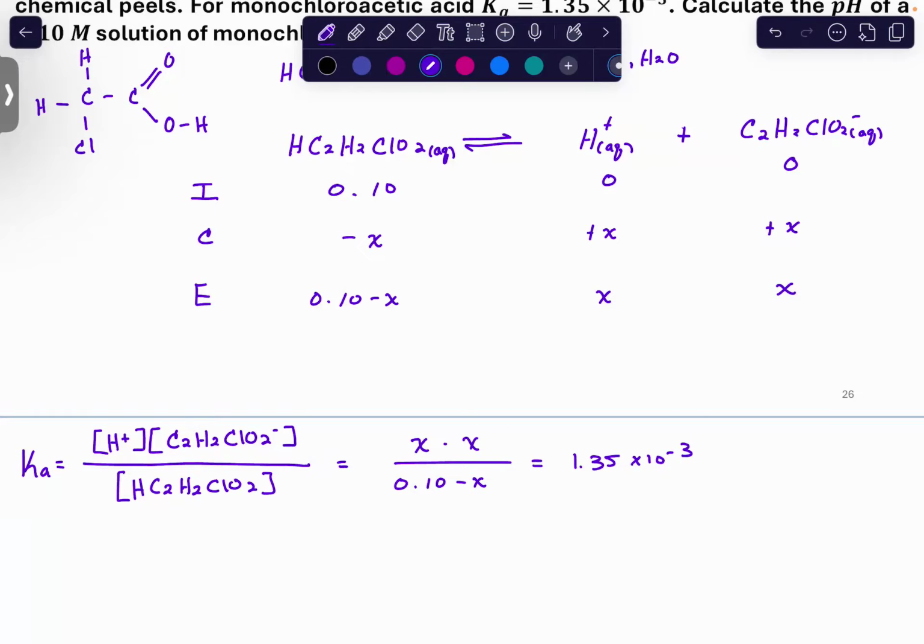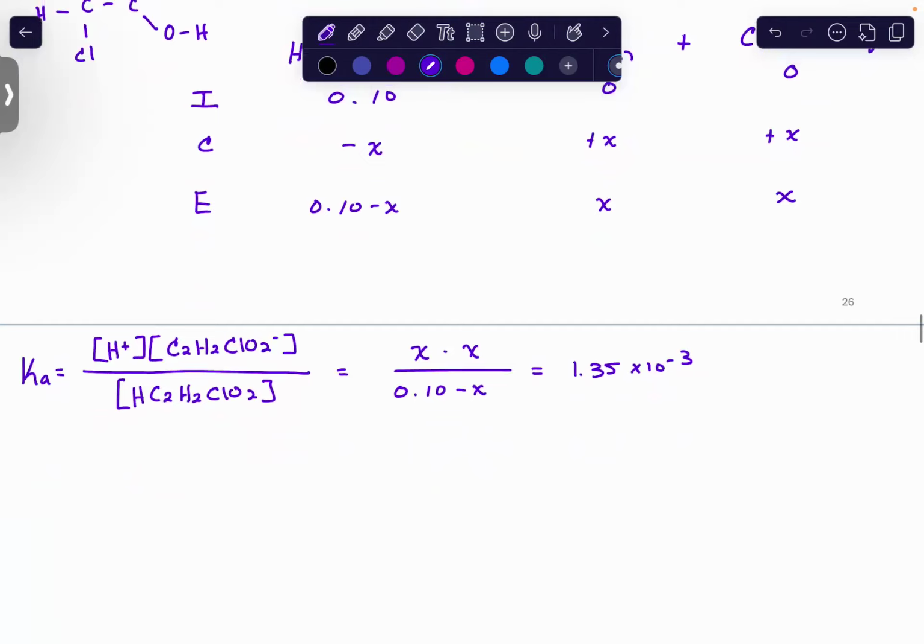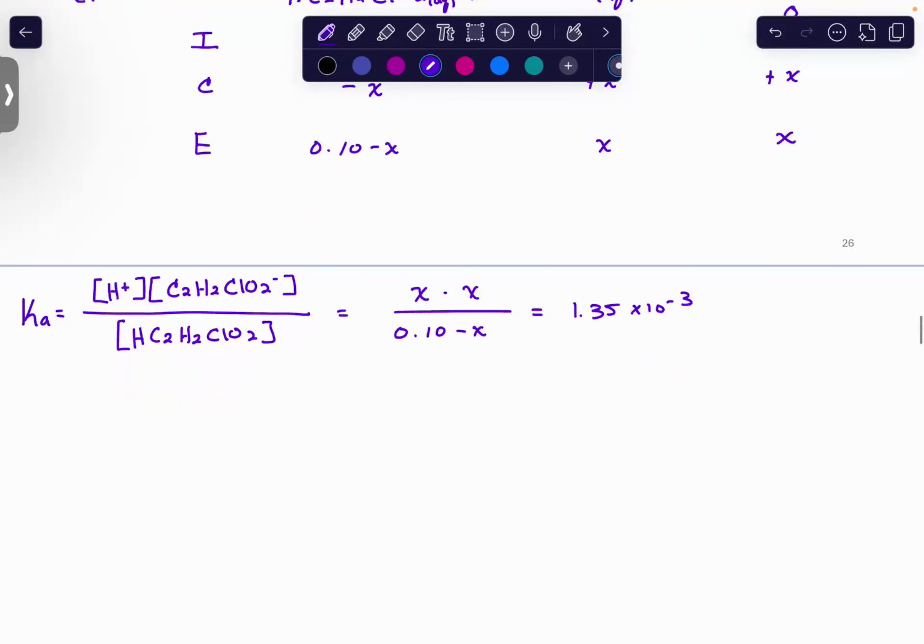Just for fun, let's see if the assumption works. We're going to assume that 0.1 minus x is still essentially just going to be 0.1. So we could say x squared over 0.1. When I solve for x, it's going to give me